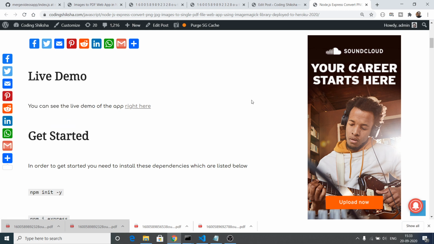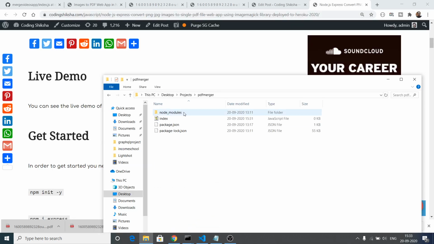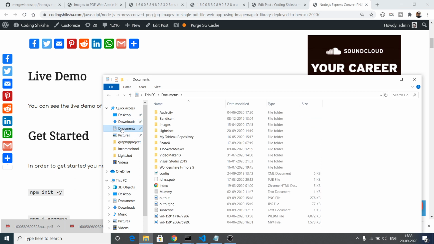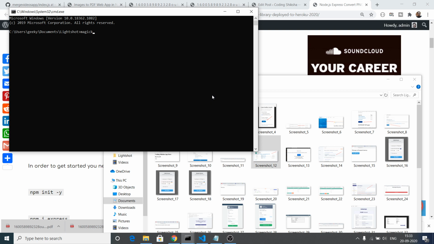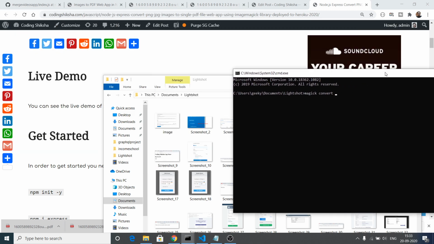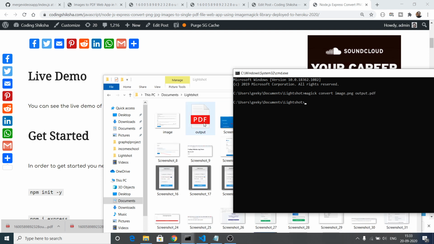So now basically what we will be doing is that we will be executing a shell command inside our Node.js application. So the commands will be pretty simple. Let's suppose I go to any image that I want to convert to PDF. So basically this is the image. Let's suppose I rename this image to image. So I will open this command prompt, and the command will be simple: magick convert, followed by your input file name. So here input is image.png, and then you need to provide simply your output file name, which is output.pdf. If you execute this command, then it will create this output.pdf file.